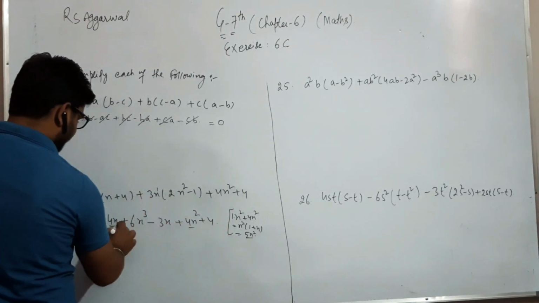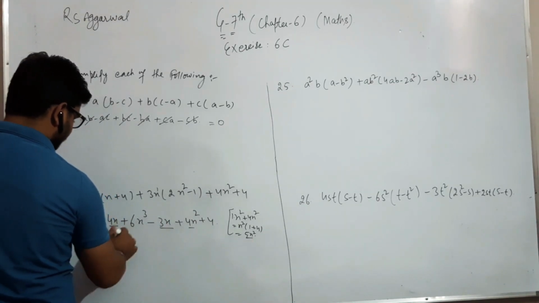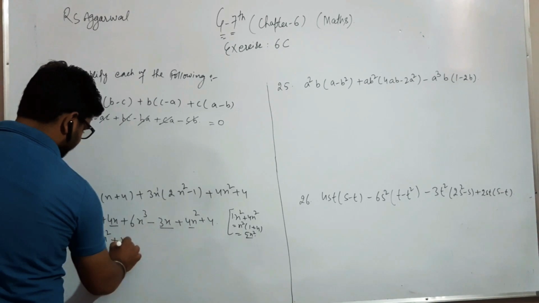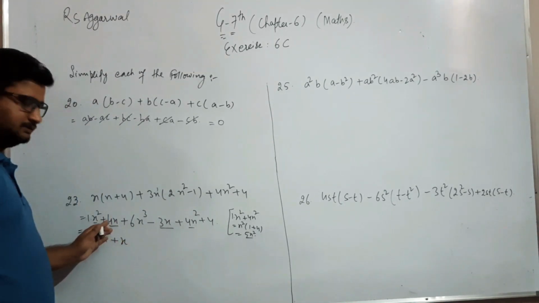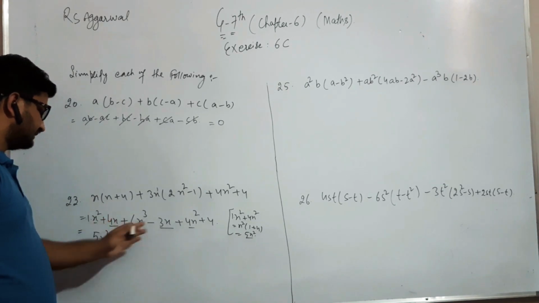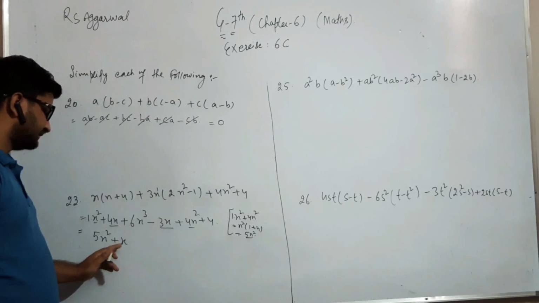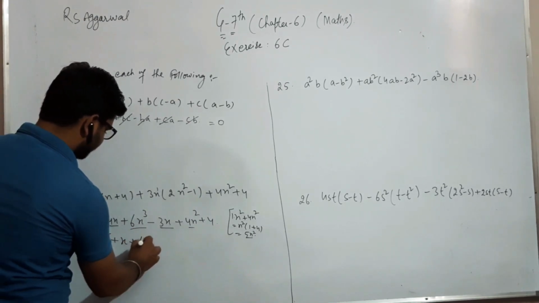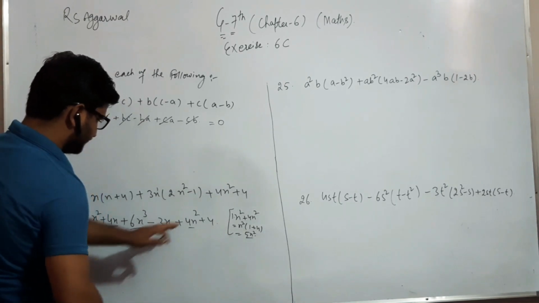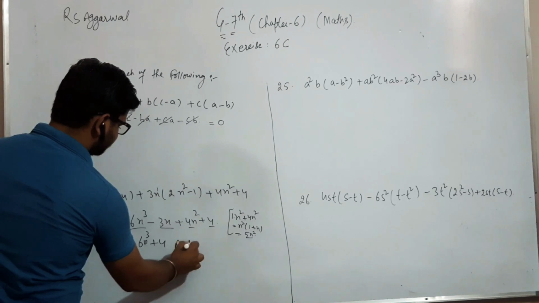So the next like term is 4x minus 3x, so 4 minus 3 is 1, so 1x, so we write x. The plus sign will come because the bigger 4 here has a plus sign with it, and here the small 3 has a negative sign, 4 minus 3 is 1, so 1x will come, so we write x. The next like term is 6x cube, we write 6x raised to power 3, and the next, the constant term is left, plus 4, so the answer will be this.